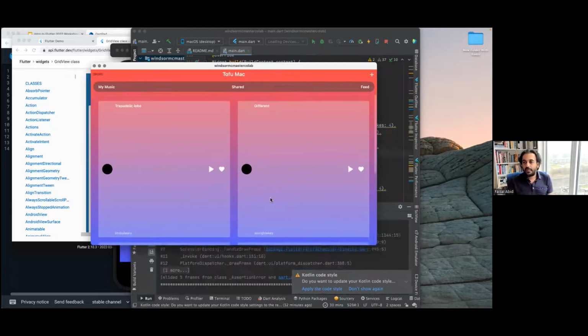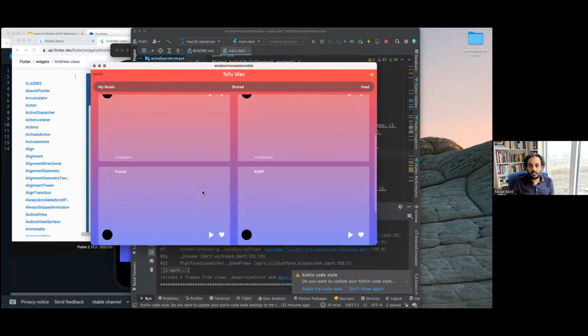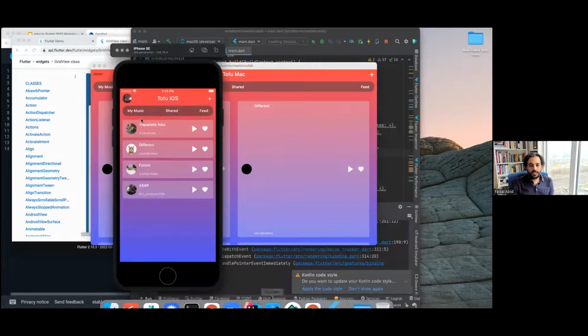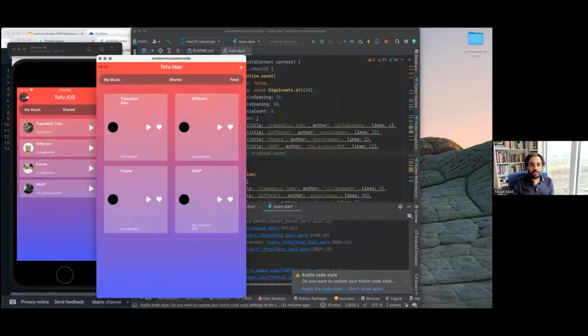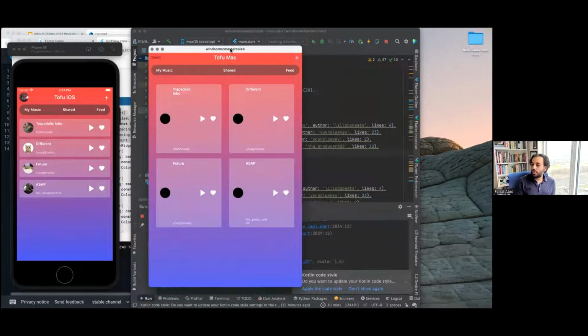Look at that. It's a grid now. It looks ugly for a grid, right? But on a Mac, it looks like a grid. On an iPhone, it looks like that. Now they're starting to look like totally different apps, right? Look at that. But you can do all this now. You just need to know platform dot is whatever. And so